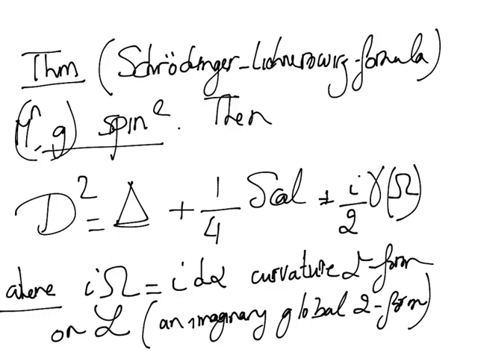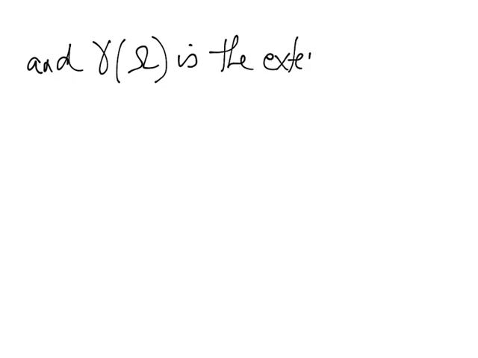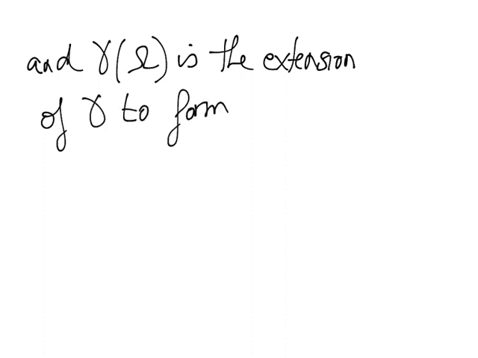And of course you are asking what is gamma of omega, and gamma of omega is the extension of gamma to forms. Normally we apply the Clifford multiplication gamma to a tangent vector, but now I can extend it to forms, in particular to two-forms,